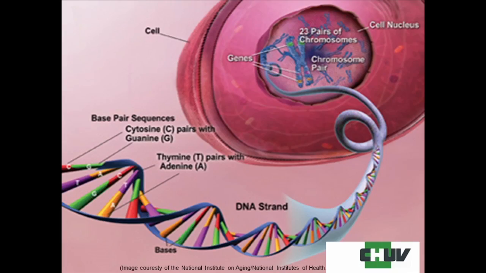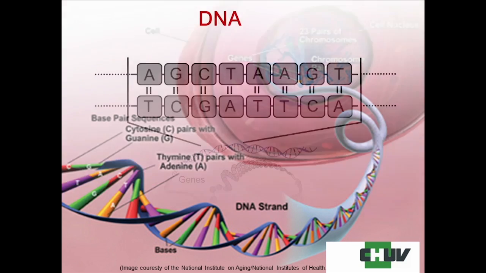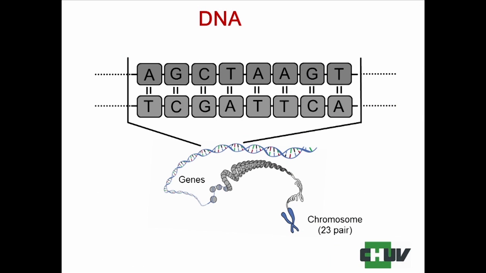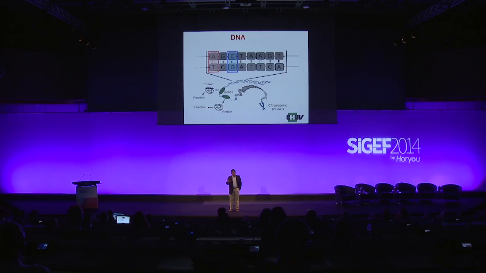Inside the cell, there are 23 pairs of chromosomes, and each chromosome consists of DNA. There are 4 bases, with positive strands and negative strands bound to each other. A always has to be with T, and G always has to be with C. This is the rule. So inside the nucleus there are chromosomes, chromosomes have the DNA, DNA makes the RNA, RNA makes the protein, and protein is what functions inside our body.